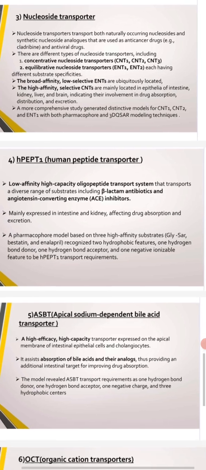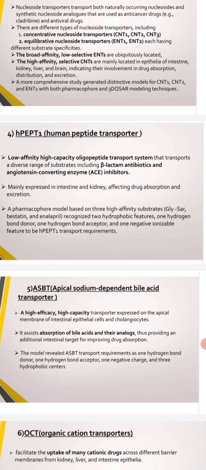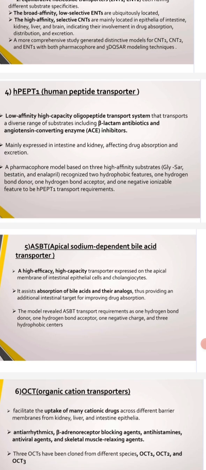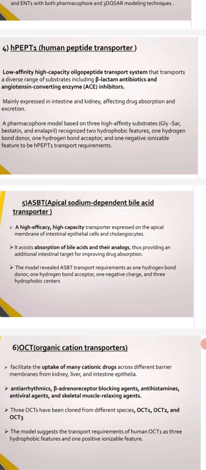HPEPT1 transport requirements. The fifth one, ASBT, apical sodium dependent bile acid transporter, a high efficacy, high capacity transporter expressed on the apical membrane of intestinal epithelial cells and cholangiocytes. It assists absorption of bile acids and their analogs, thus providing an additional intestinal target for improving drug absorption. The model revealed ASBT transport requirements as one hydrogen bond donor, one hydrogen bond acceptor, one negative charge, and three